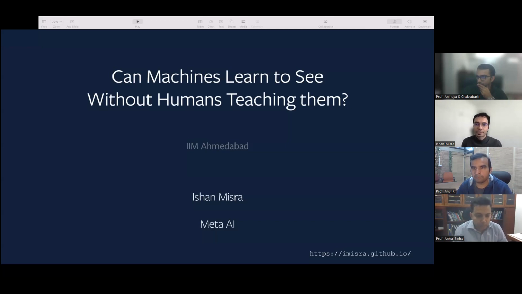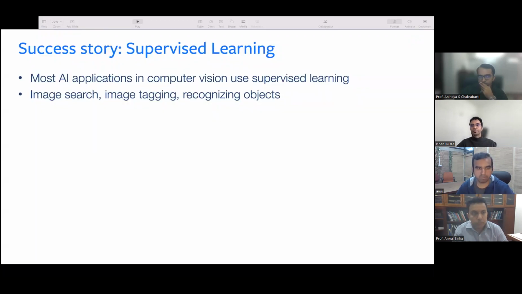So today I'm going to talk about machine learning, with a focus on whether we can teach machines to see without really teaching them. One of the biggest success stories of AI, when you hear about AI doing superhuman things, like becoming awesome at recognizing leaves or dogs or anything, has really been this paradigm of supervised learning. Most AI applications that you'll see around you are going to use some form of supervised learning. Image search, image tagging, recognizing objects, these are classical examples of using supervised learning for computer